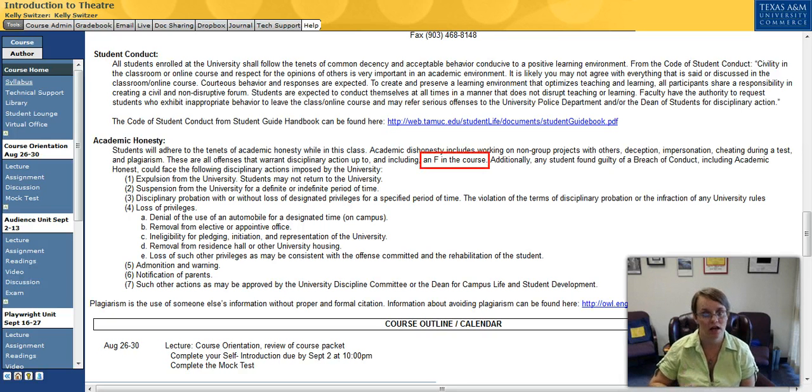So do not cheat. If you're having problems, come see me. We will work through them. Cheating is not the optimal option. In fact, it's no option. Just take that off the table completely. And this is from the